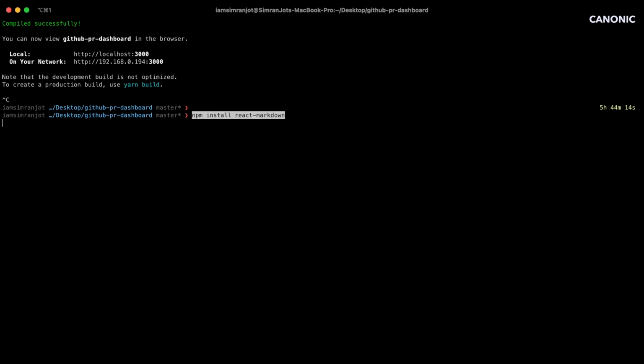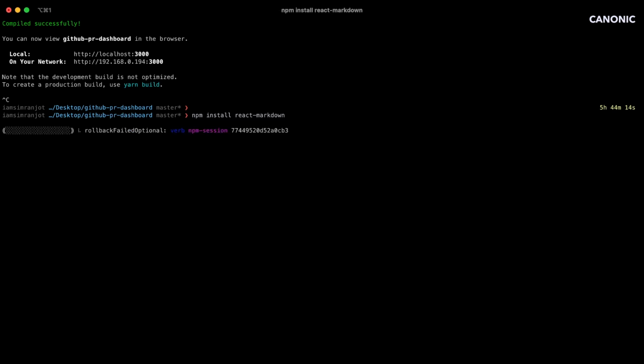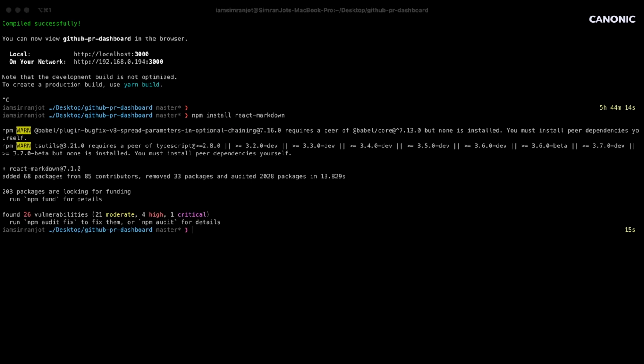We'll add our first dependency, which is React Markdown. Let it install. Once it's done, we'll add the second dependency, remark GFM.